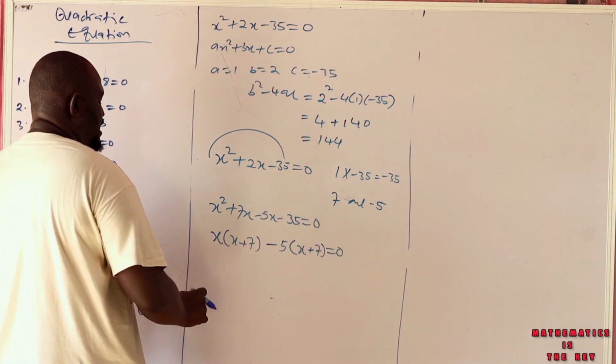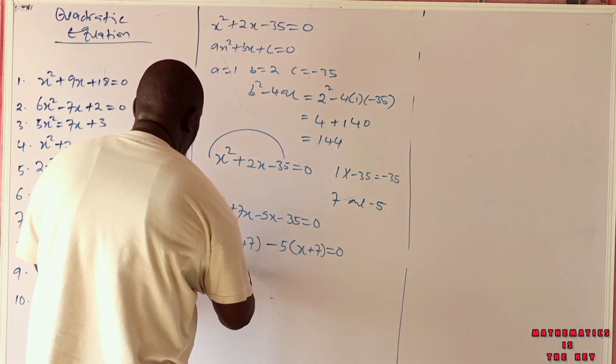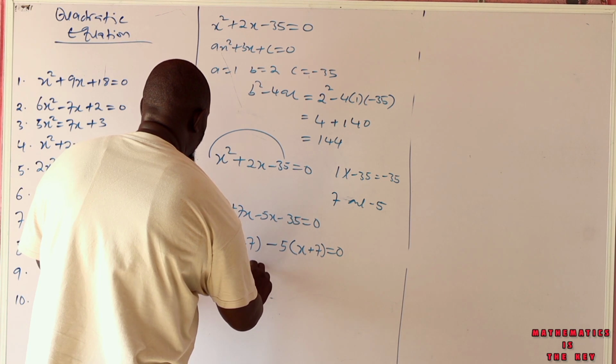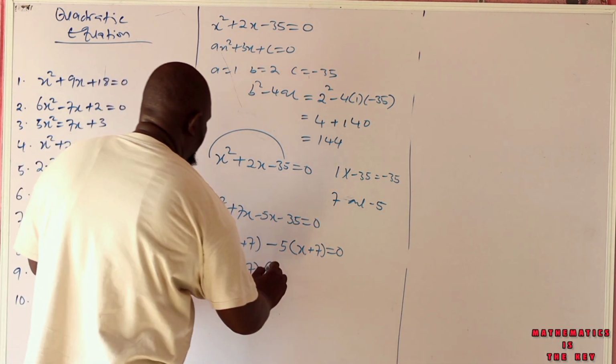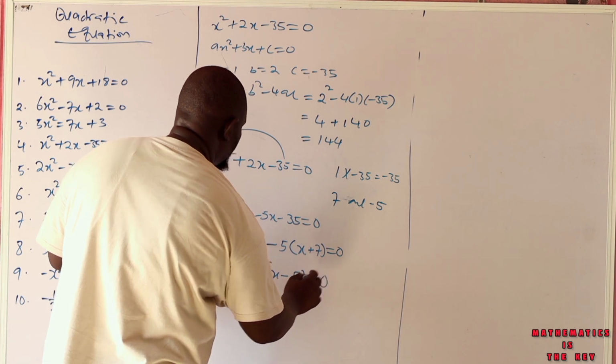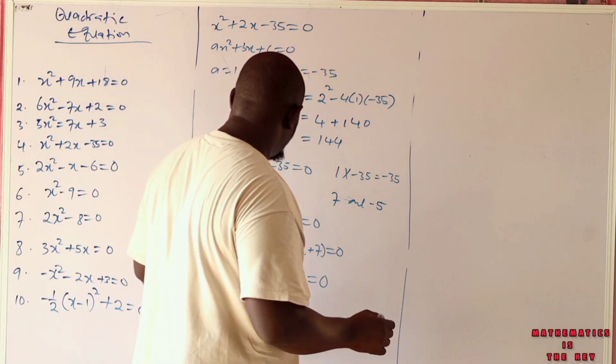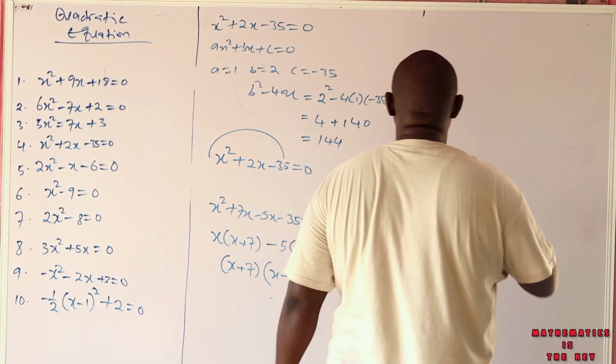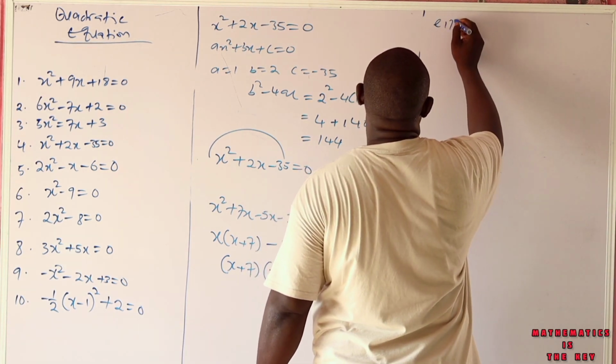So on the two sides, x plus 7 is common. We can factorize it out. So x plus 7, here we'll have x left, and here we'll have minus 5, and it's equal to 0. So the product of two brackets is equal to 0. So we'll have